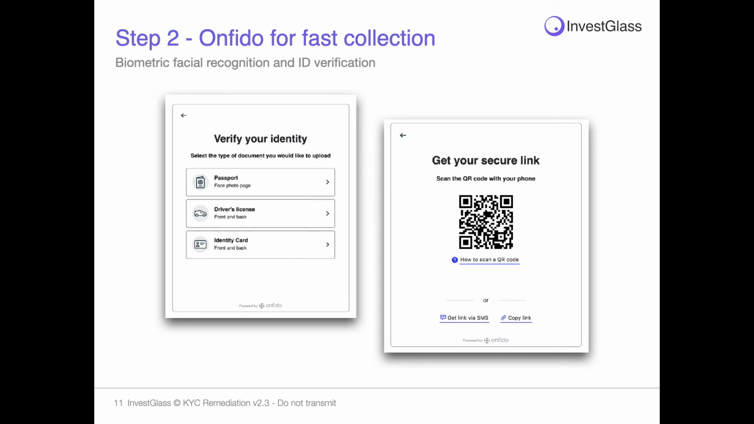You can also use third-party applications and connect them with InvestGlass, for example, Ontido, that we really like for fast collection of documents. Ontido is a fantastic tool, particularly if you want to offer a brokerage or if you are collecting little information and very regular documents like the passport or the driving license or the identity card. Ontido has its own